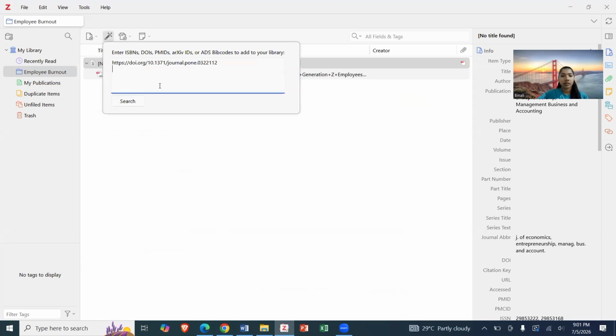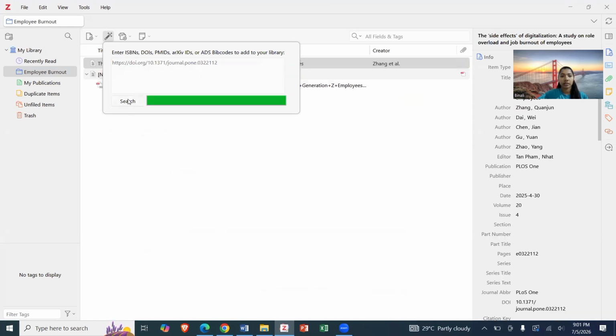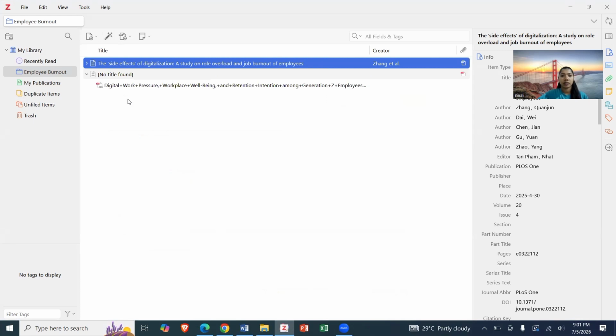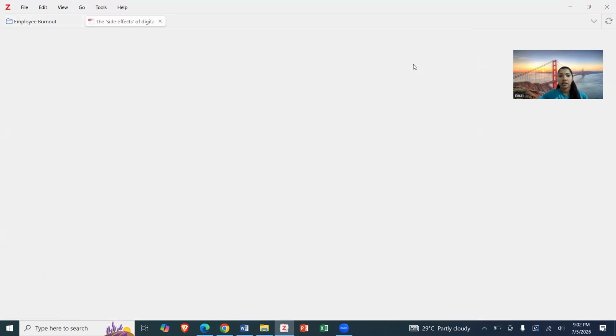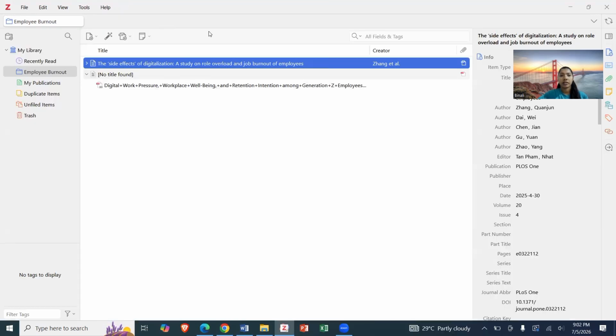Then press enter, search. Now you can see that research also in here. Likewise, we can add more research in here.